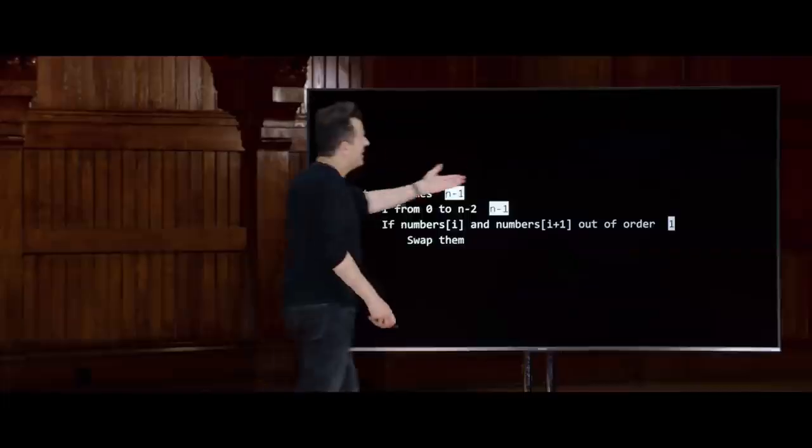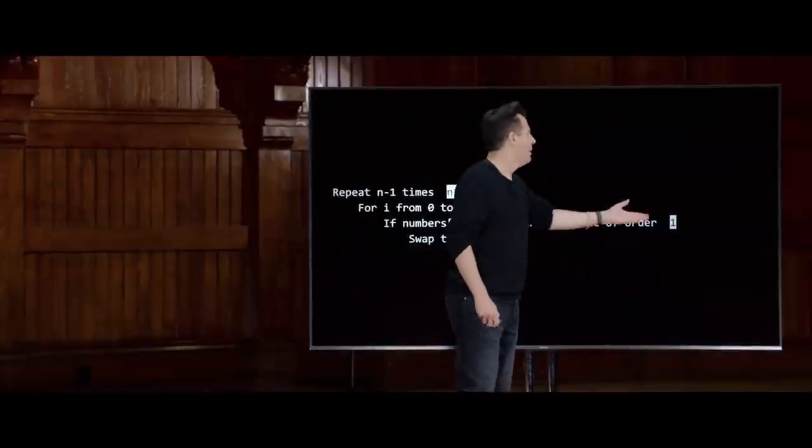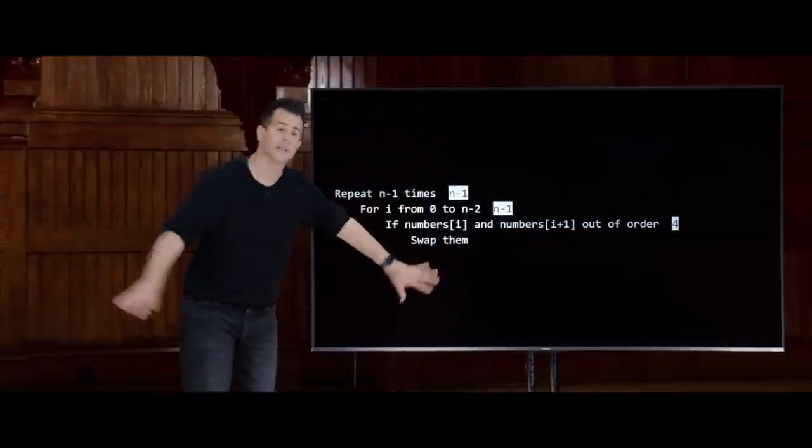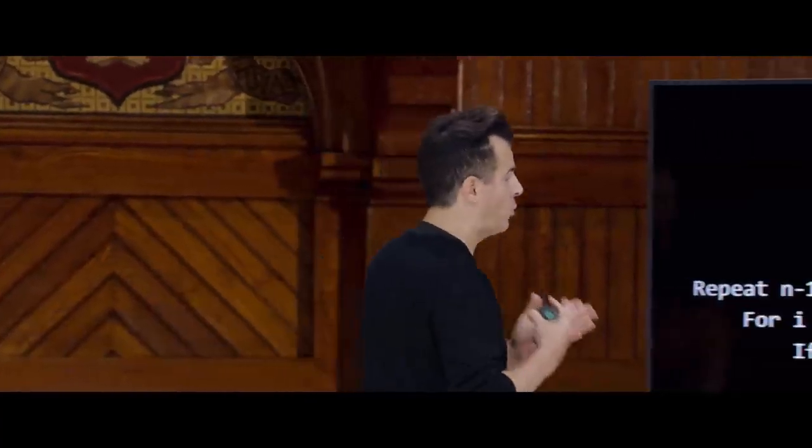So maybe this is like 1 step if we just keep things simple. Maybe it's 4 steps. I don't really care. It's a constant number of steps. No matter how big this array is, I'll claim that you can swap people in constant time. It might be 1 step, might be 4 steps, but it has nothing to do with the length of the array. It's only going to take the same number of steps to do that kind of swapping.